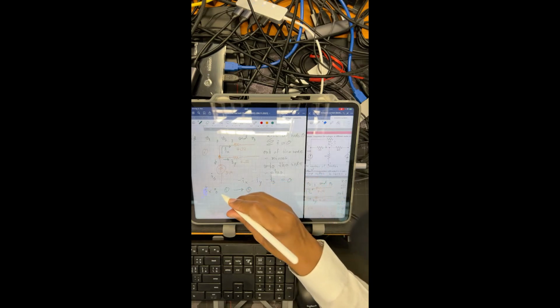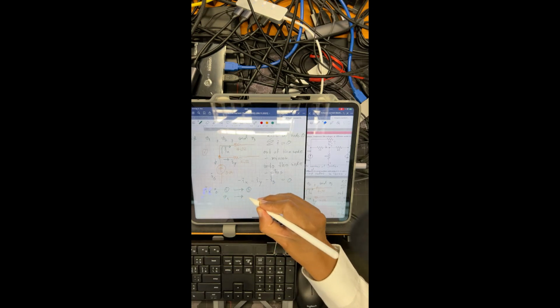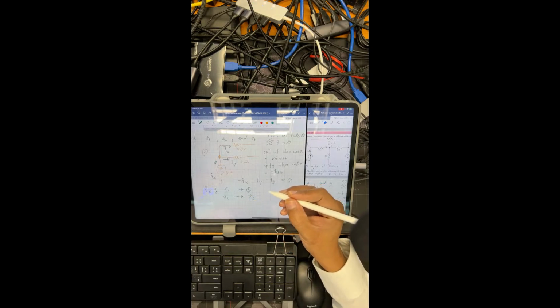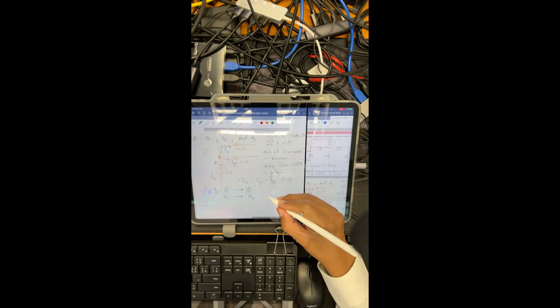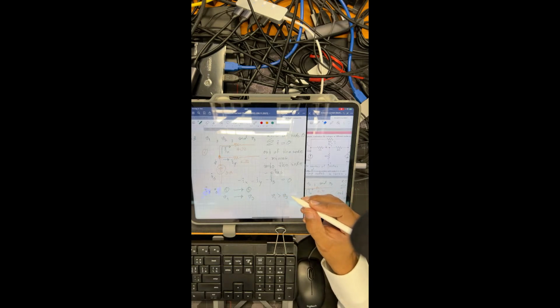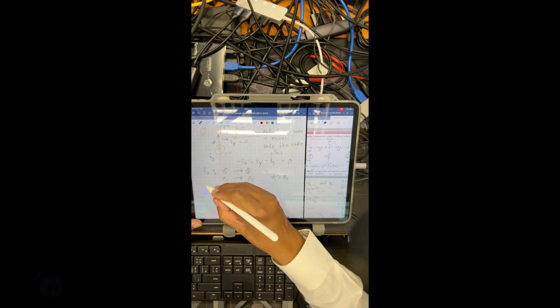It means that this current comes from V1 to V3, right? And in this case, it means that you have V1 greater than V3, and the potential difference